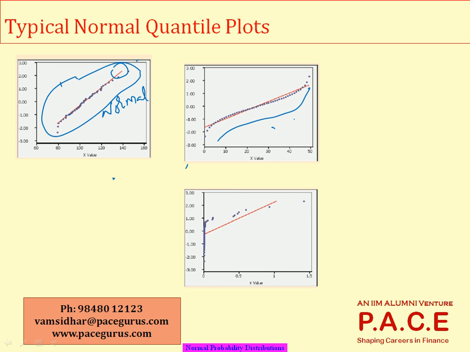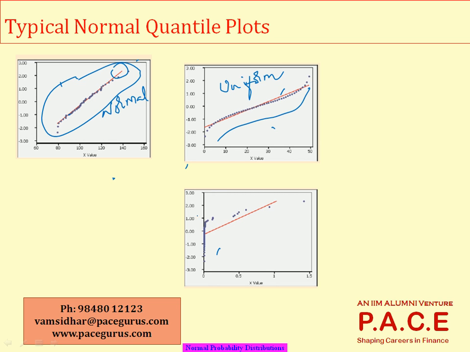But if the deviations are following some kind of pattern, some kind of predefined shape or structure, then I can very well conclude that this data is not normal. One more way to decide this: actually, this kind of shape will correspond to a uniform distribution. We'll talk about these things whenever required.